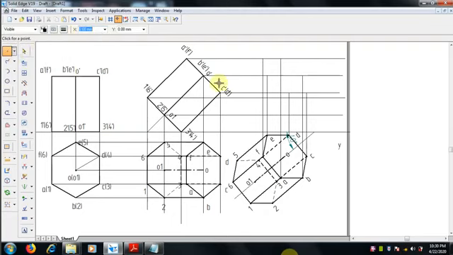Let me make points for the intersection where it gets intersected.